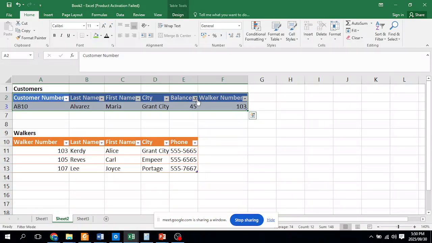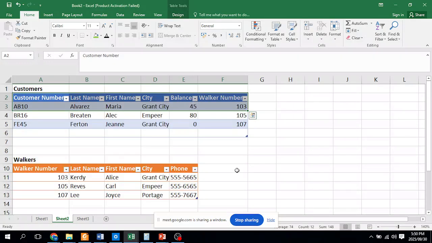So once again, I go back to my table, I clear my filter, because every time you need to clear, if you don't clear, it's going to filter on the filter. Okay, I hope you guys listen to this video, because you're going to do this in the exam and you're not going to know what to do. Okay, find the customers from Empire